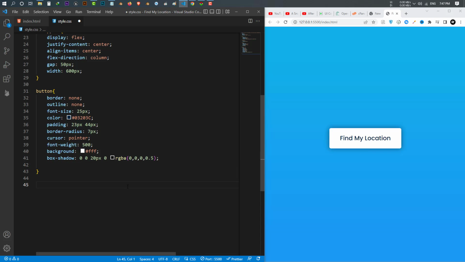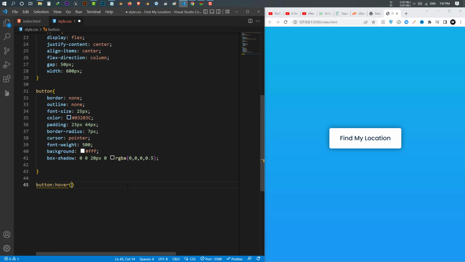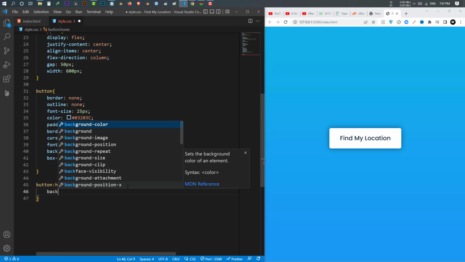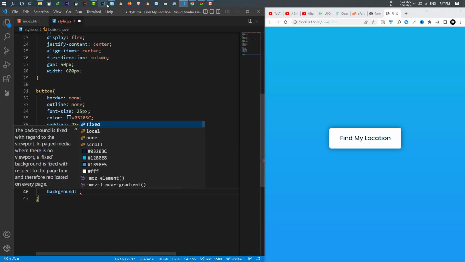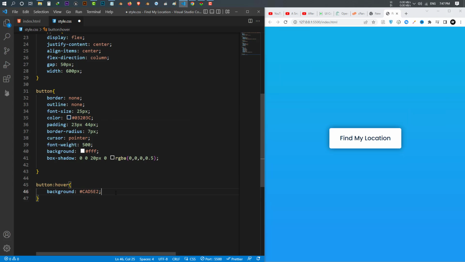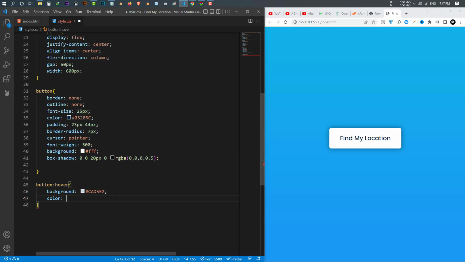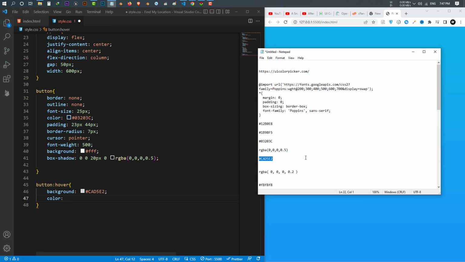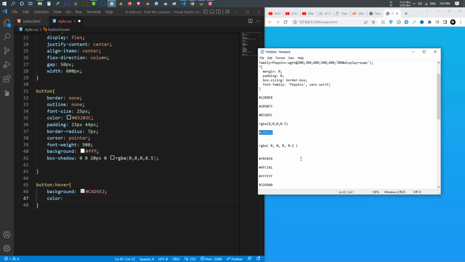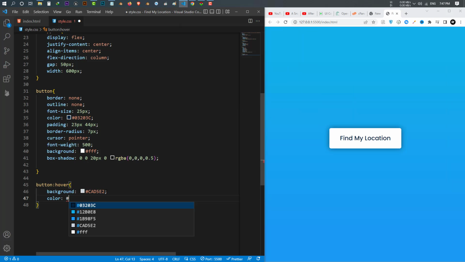I wanna give my button a hover, so I choose my button, and on hover what I want is to change my background color to this color, and I also want to change the color of the font in that color too, where is it? I think I didn't put that. Let's change the color to